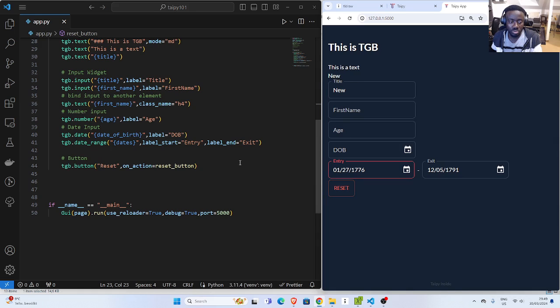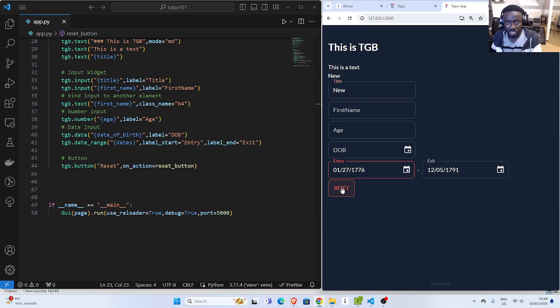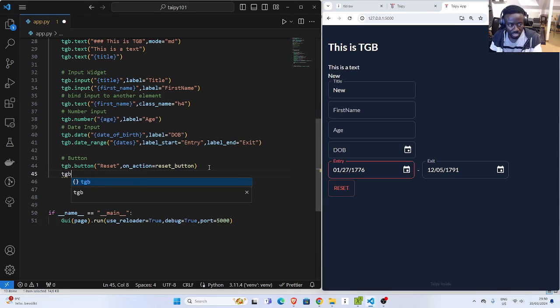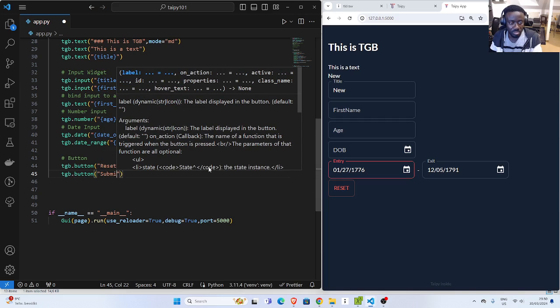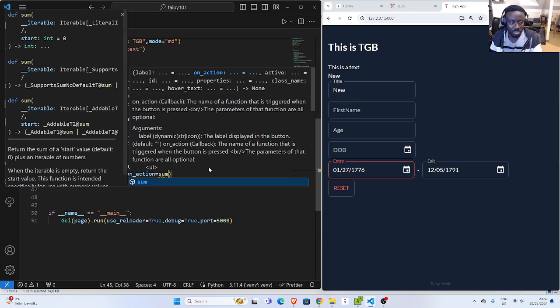So that is how to bind or attach a function to a particular button. So if I click on it, this is new. So if I go back and I change this, so this is old, and I click on reset, this is new. So this is one of the ways you can use the buttons, right? I can also do one to clear something. So let's say button, then submit, which will go on action. Then I can say maybe submit